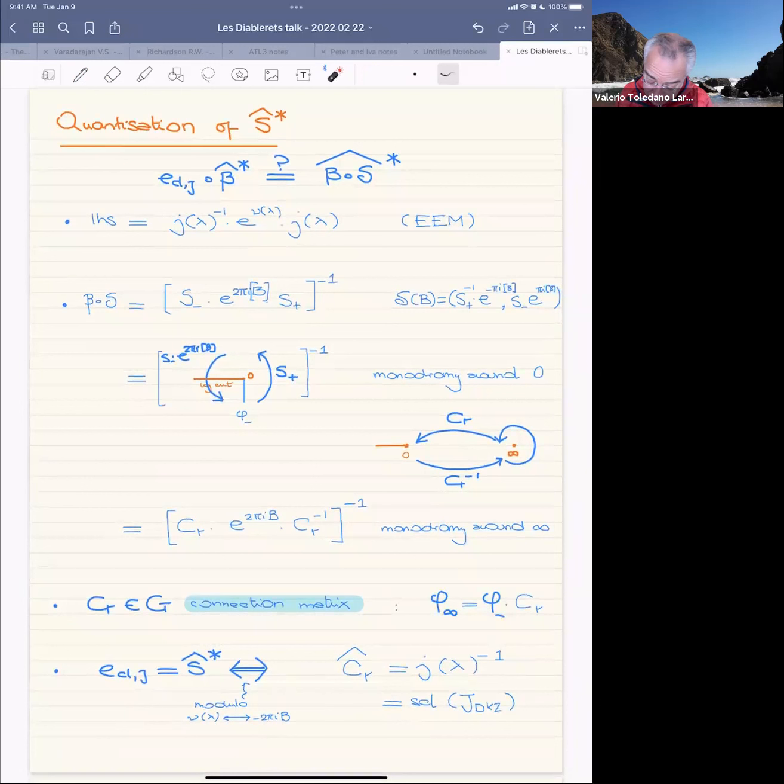And so, to prove that the classical S hat is quantized by that equality up there, all I need to show is equality when comparing this and that. I have to show that this connection matrix is J lambda inverse. So I have to show that this connection matrix is the semi-classical limit of the twist that I constructed from the dynamical KZ equations. I'm just comparing two things and using this monodromy relation here.